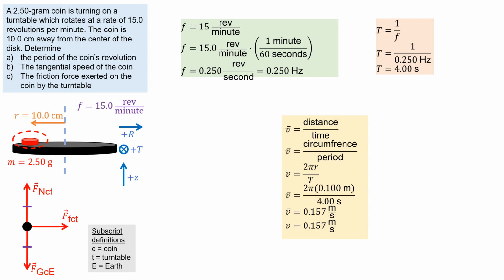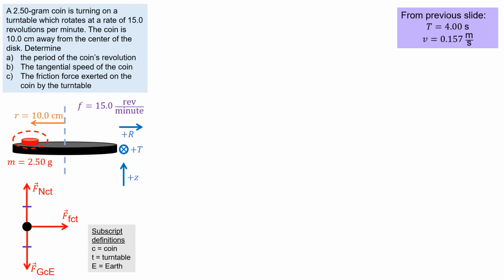Part C now is to find the strength of the friction force exerted on the coin by the turntable. I'm going to simplify things on our screen a bit now, clean it up, and move that time period and the speed to the top right corner, and we are ready to start computing forces. In order to compute strengths of forces, we're probably going to need to use that force diagram and some laws of physics. So the first thing to do is write a net force equation based on the